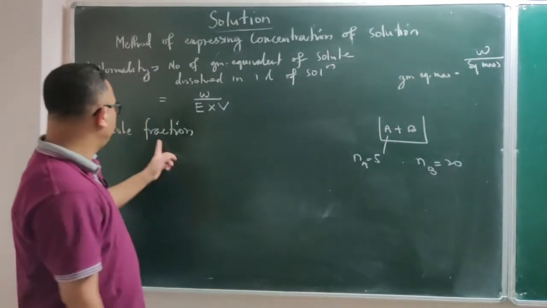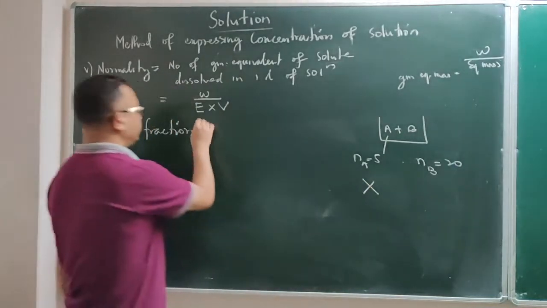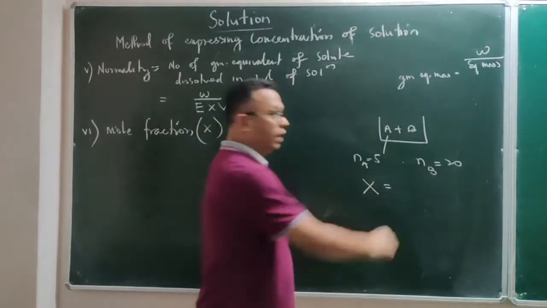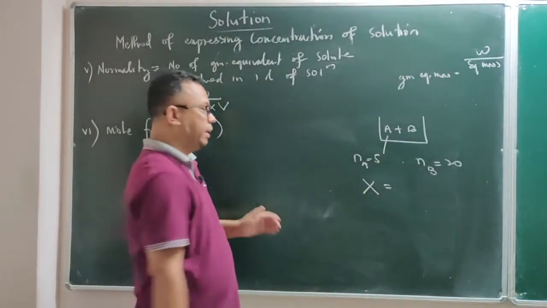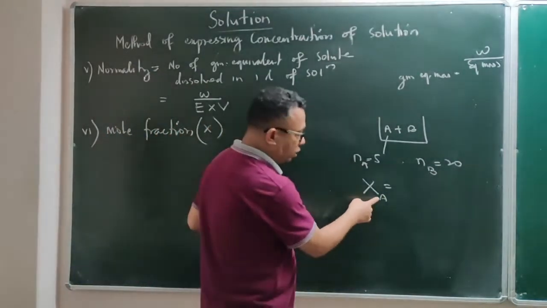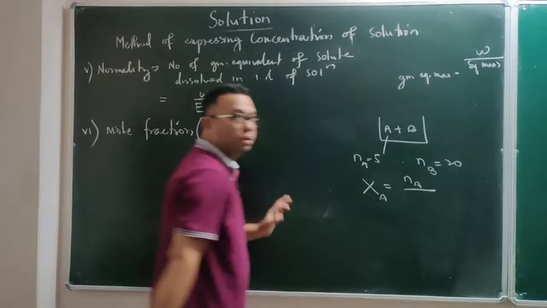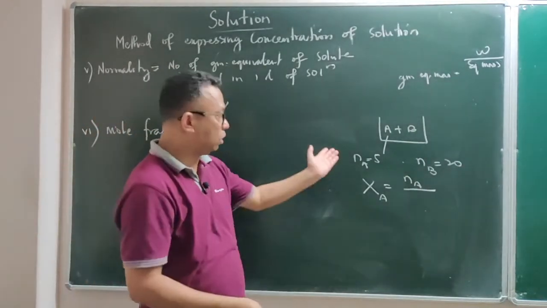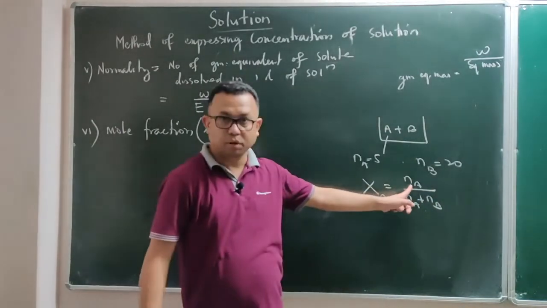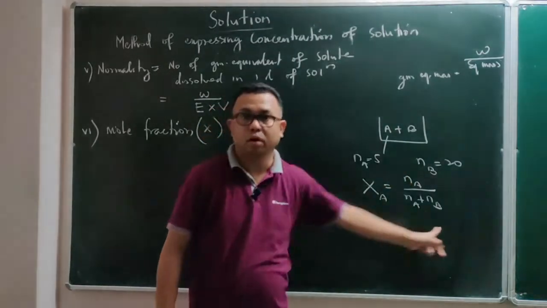Now if I want to find the mole fraction of A, by the way, mole fraction is expressed by the symbol X. If I want to find the mole fraction of A, then it is defined as the ratio of the number of moles of the component. Since I am finding the mole fraction of A, so number of moles of A to the total number of moles present in the solution, and the total number of moles present in the solution is number of moles of A plus number of moles of B. So again, what is mole fraction? It is the ratio between the number of moles of that particular component to the total number of moles present